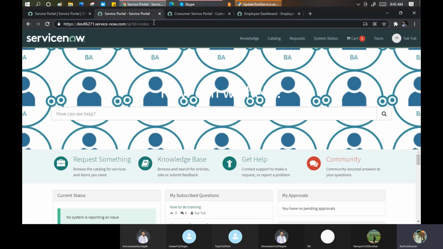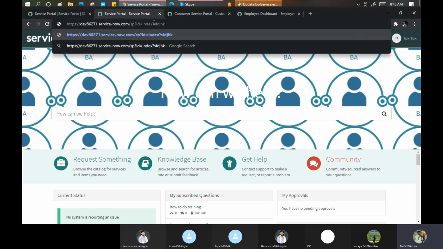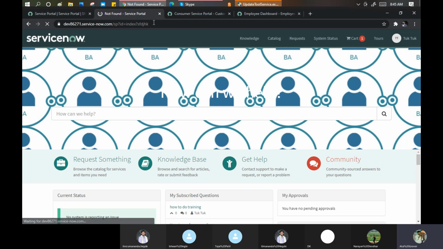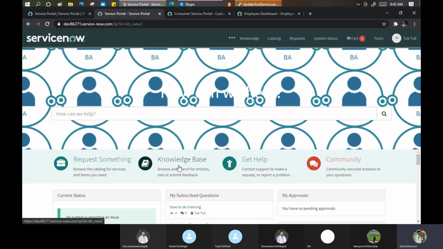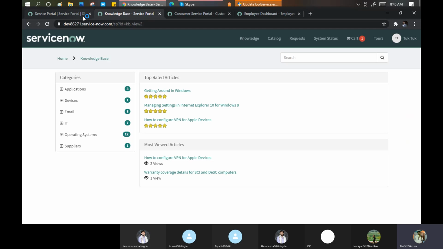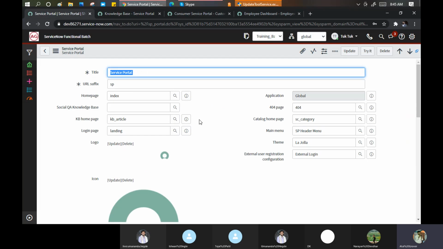Now I'll do a cache clearance so that I can get results. No, it's still going to KB view 2. But this can take a little time because it's coming from the cache as well. If you change something on this portal, it will impact the front end as well.